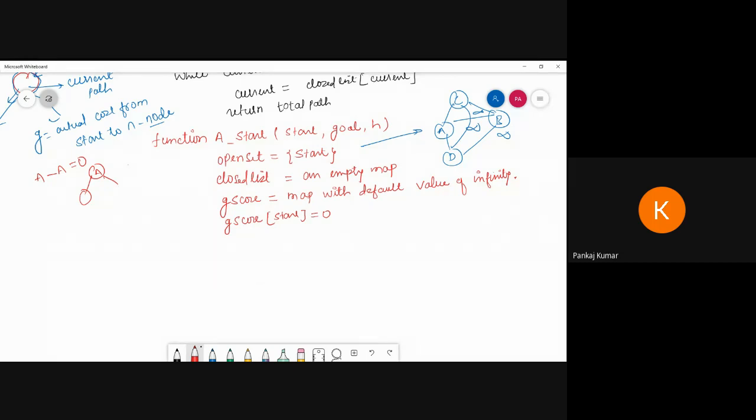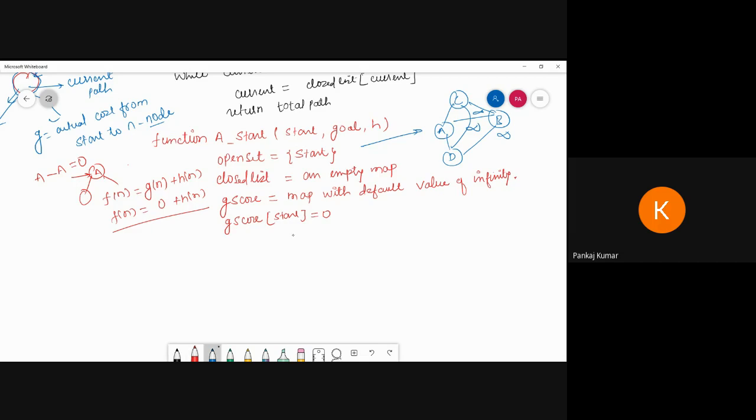So we can go for the next one. Same as I am putting, like suppose when I am in the first position, what is the value function calculating? F of n is equal to g of n plus h of n. So g of n is 0. So this is getting h of n. That means the f of n value is equal to g of n. Yes or no?